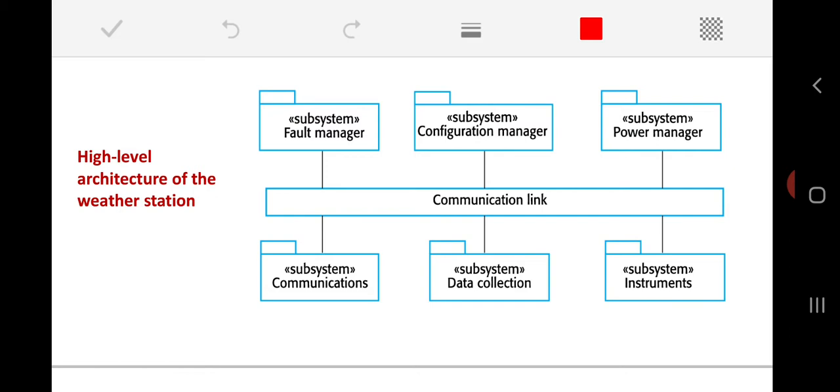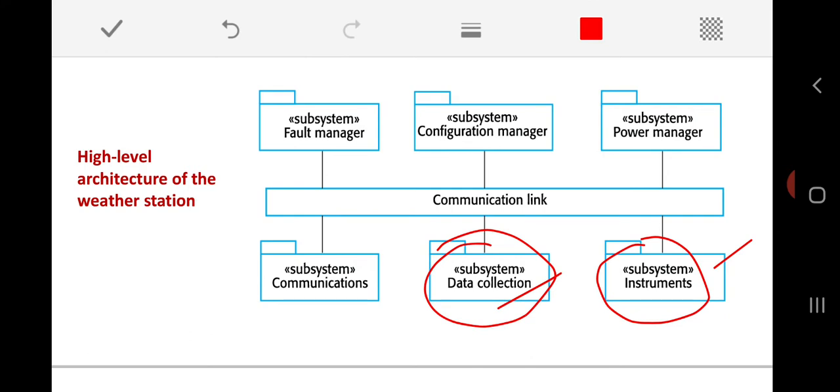In this weather station, as we just said, it is not simply a single system. It consists of a subsystem called instruments, because a weather station has a variety of instruments to measure different types of weather data like pressure, temperature, rainfall, wind speed, wind direction. Then the weather station is also responsible for data collection from these instruments.